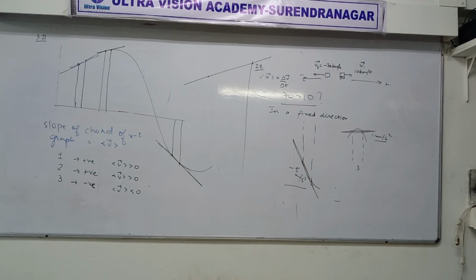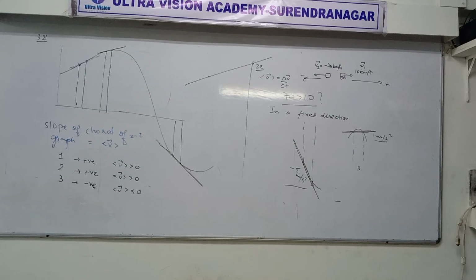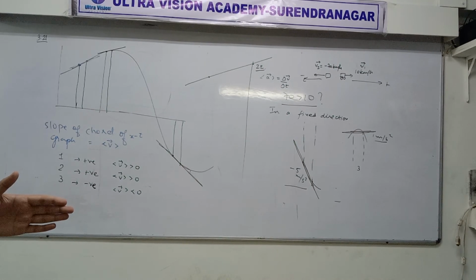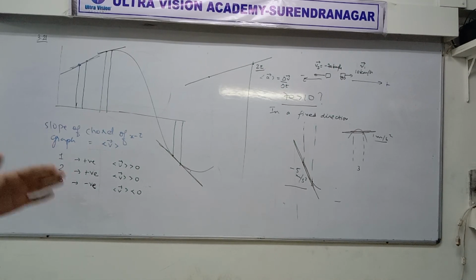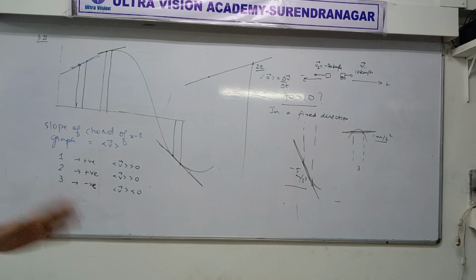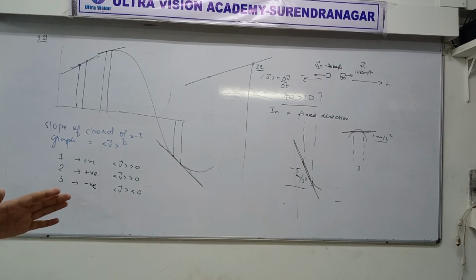Choosing the positive direction as the constant direction of motion, give the sign of velocity and acceleration in the three intervals. So we have to say that if object is moving towards the positive side, we have to give sign of velocity and acceleration. Okay. First of all, object is always moving towards positive side. Yes or no? Yes. Given in the question. Correct or not? Yes. So velocity will always be positive.